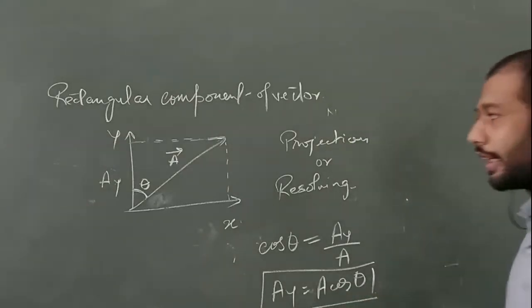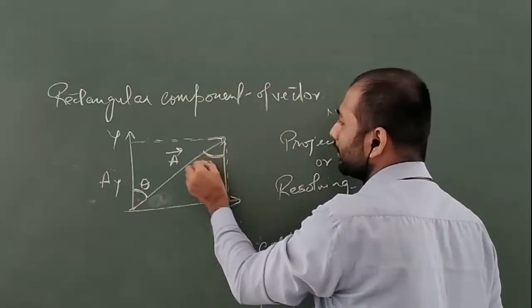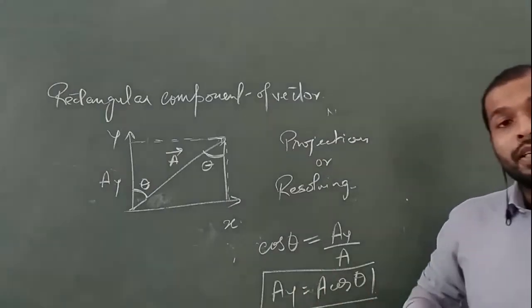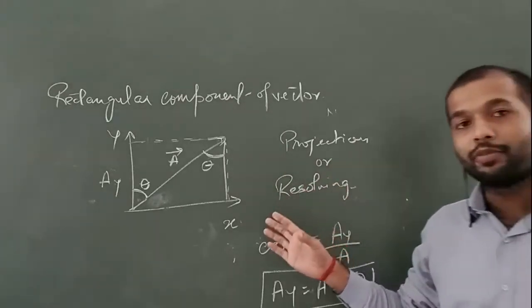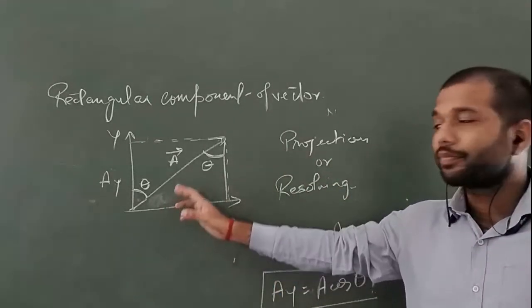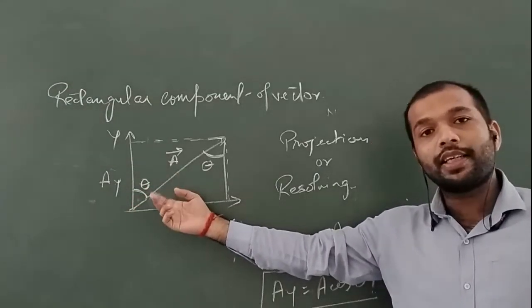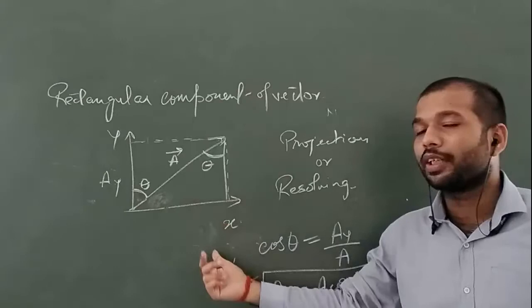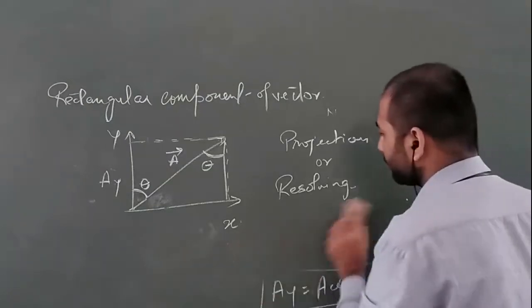Alright. Similarly, you can use this triangle to write the other values too. If this is theta, that will be your theta, and you can again write the value of A_x using this triangle. So this is the fundamental way to write these components. But when you do the problems, this method will take time. That's why I am telling you how to remember it. Just see what angle is attached to the particular axis. Like you can see, theta is attached to the y-axis. So use A cos theta for the y-axis, and it is not attached to the x-axis. That's why you can write directly A sin theta for the x-axis. Okay, so that is a faster way to write.